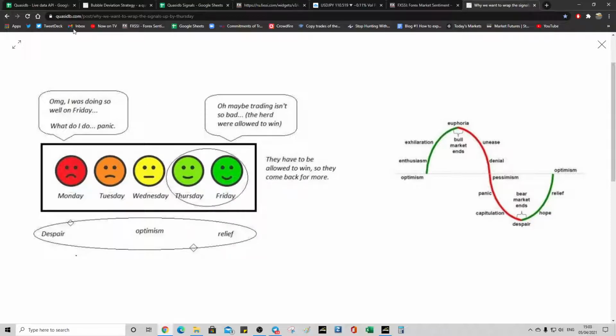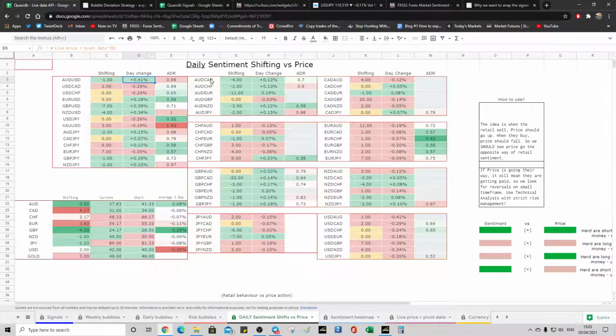So hopefully that's clear. This is a great example of sentiment behaving today. So it's a perfect time to make the video and watch how this shifts against us as we get closer towards the end of the week, and it'll go with the herd as we go towards the end of the week. So it's a behavioral tab. It's very useful. Check if your currency pair is behaving before entering. See, the pound is behaving and the euro is behaving, and so then you can use it to your benefit.